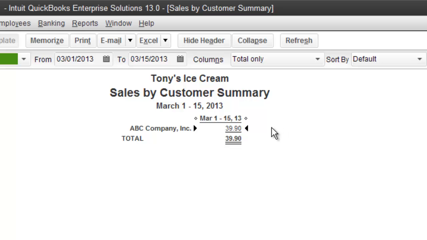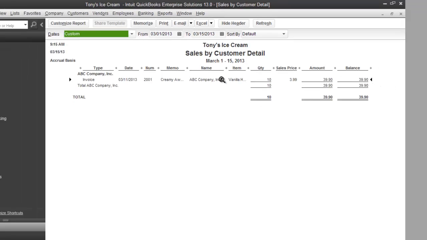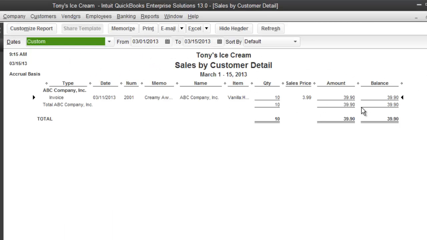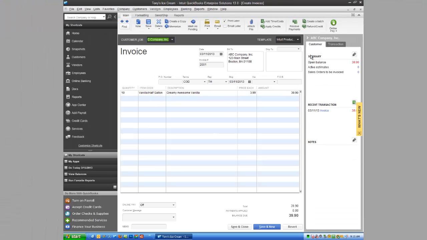If we want to draw down on this or zoom in on it, if I put the pointer on the 3990, you see we get this little magnifying glass with a Z in it. The act of double-clicking on the 3990 will take us a step in. If we come back here and double-click on the 3990 again, it will actually open up the invoice. And there is our first invoice. The act of creating the invoice shows you some information over here, and now we're ready to go on to our